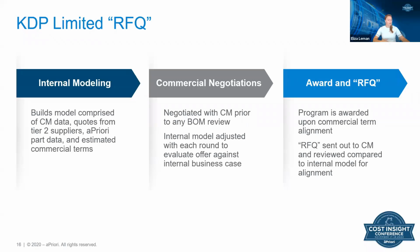where we would be focusing on little tiny parts, looking at, okay, is this cycle time, does this make sense? Does each individual item, like, verifying that it all made sense? It wasn't working. So now what we've done is started modeling internally prior to any sort of CM communication,